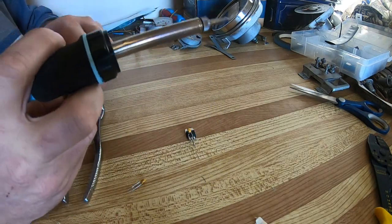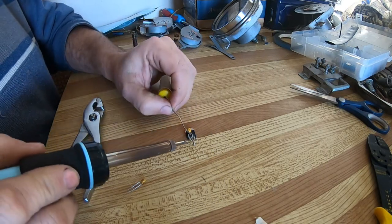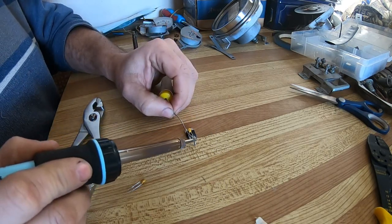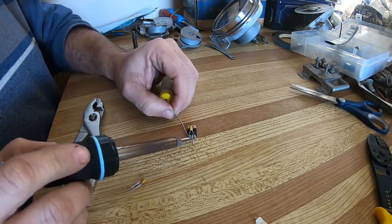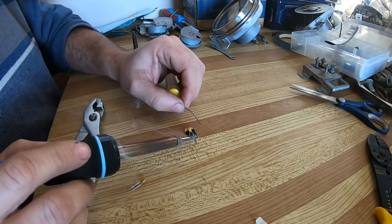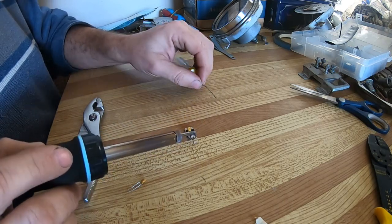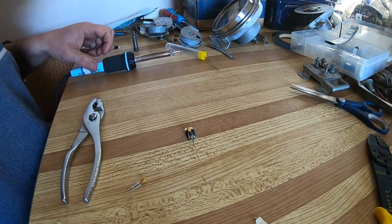And I'm doing this without a clamp. It'd be best to actually clamp the voltage reducer in. You can get little electronic clamps. And again, this isn't for everyone. If you want to buy yours, it's perfectly fine. They're not hugely expensive, but